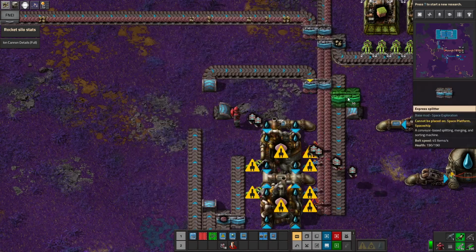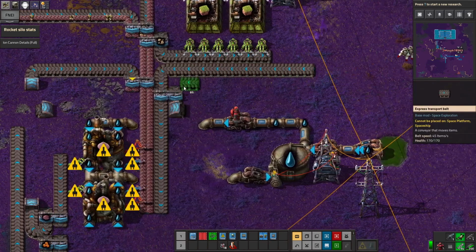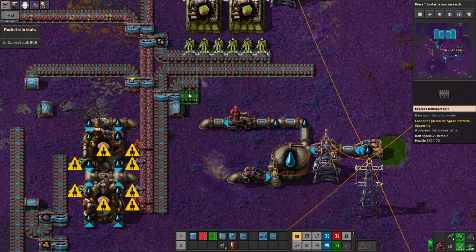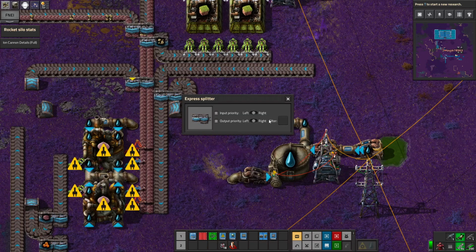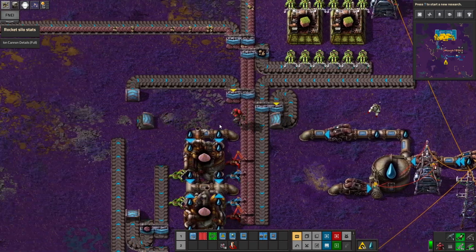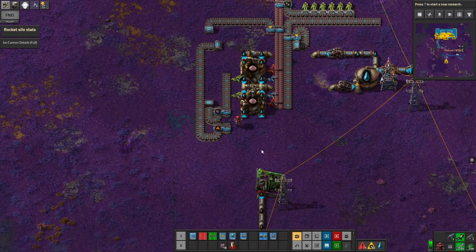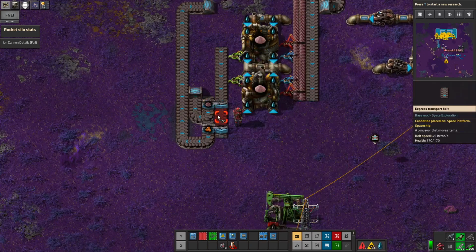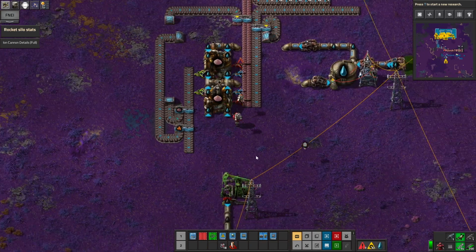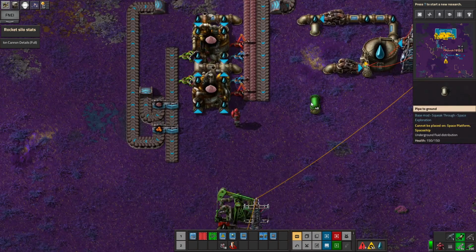However, I do want to make sure that I get it running as soon as possible. And that'll be where the beads come in. And then this will be, I don't need a filter. What I need is input priority left. Okay. So now make sure that I have water